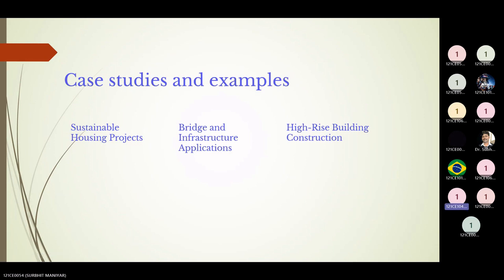Now, some examples and case studies of using lightweight aggregate concrete. Lightweight aggregate is very eco-friendly for residential construction because the aggregates we use are materials like oil palm shells. These are pure organic materials. And also in bridge and infrastructure applications, like Nilesh has already discussed,